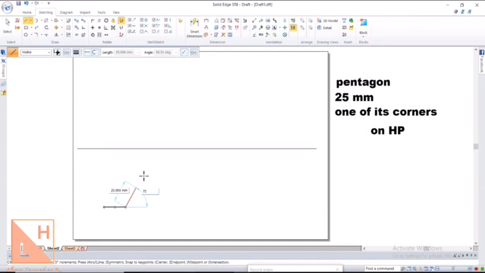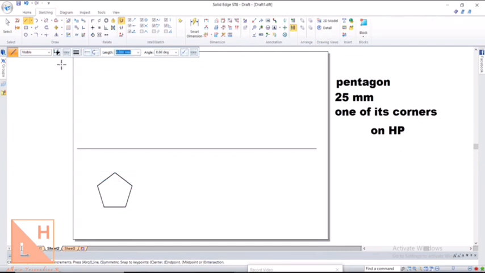How I got 72 is simply by dividing 360 degrees by the number of sides of that particular polygon. So here it is 5 sides, so 360 by 5 will give you 72 degrees. 72 into 2, again 25, 72 into 3, and again the length is 25 and the angle is 72.